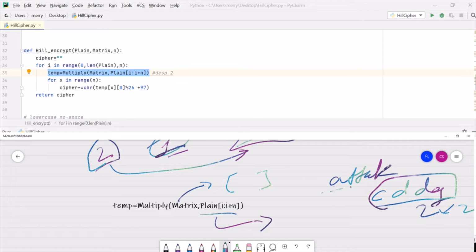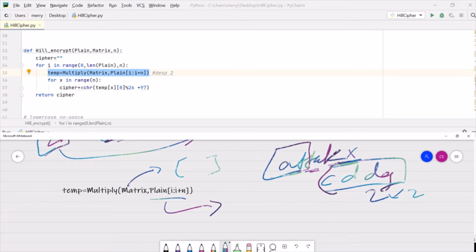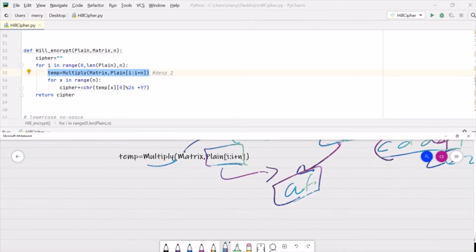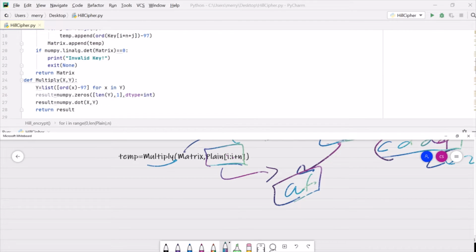We will be taking 2 characters at a time, and if there is nothing left, then we will be appending x. So this plain text will take plain i to i plus n. It will consider this 'at' and pass it to the function multiply. Then this multiply will simply